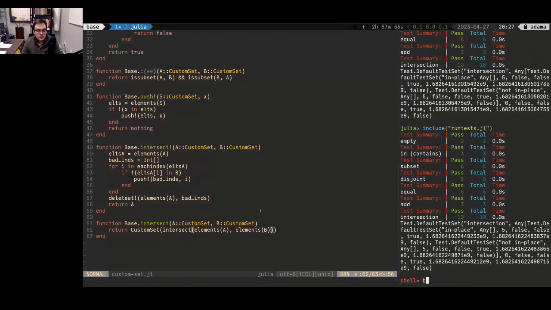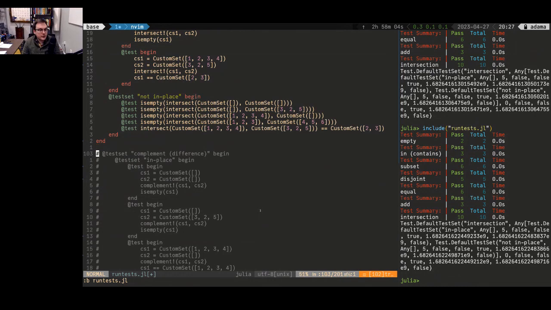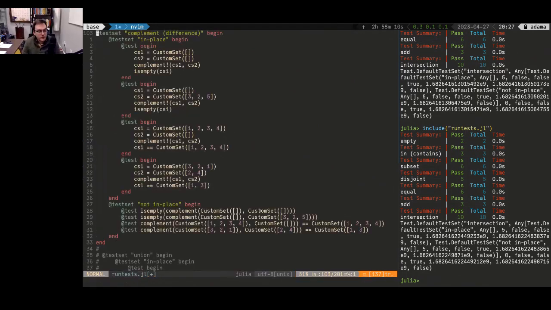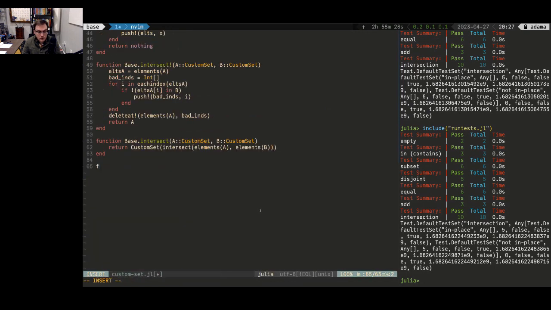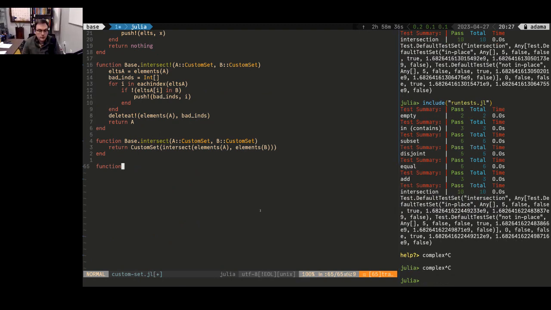And let's see, maybe for our last part of this that we'll look at. Now I want to look at a set difference, right? A complement, where we take two sets and subtract one from the other. We remove all of their common elements from one set or the other. In this case, we're going to want to do this in place. So we'll do something similar to what we did for the intersection. I think complement is part of this, right? No, actually, okay, complement isn't already defined, so we can just do